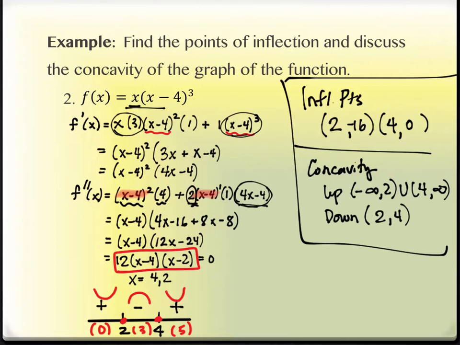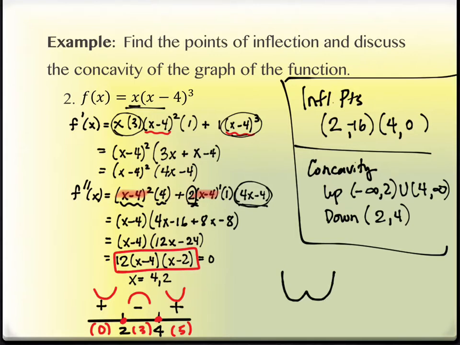Now, it's possible when we do our sign chart down here that this is positive and then it's positive again. So while that's a possible point of inflection, like let's say that at the number 2, it actually went from positive to positive, it would be a possible point of inflection, but it didn't actually work, right? Okay. So if you imagine a graph, our x equals 4 and 2, those are possible points of inflection. And then when we actually check it down here is when we